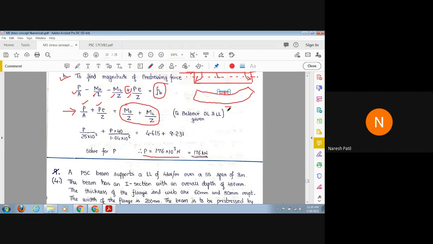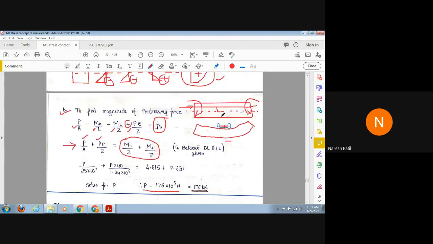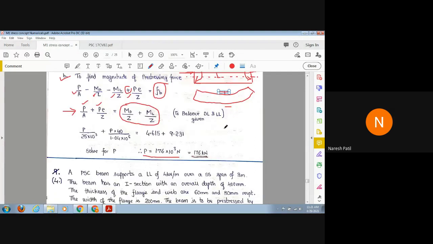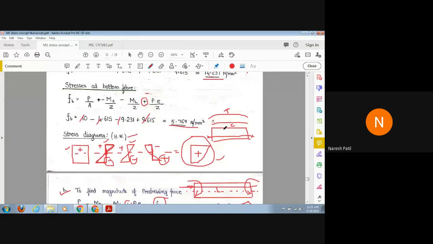So even for load it is bending downwards and even for pre-stress it is bending downwards. So the sign convention for bending stress due to dead load and live load and bending stress due to pre-stress will remain the same. Correct? Yes. Others understood now. If the tendon goes upward, or if it is above the neutral axis, what will be the change in the equation? Or shall I explain once again?